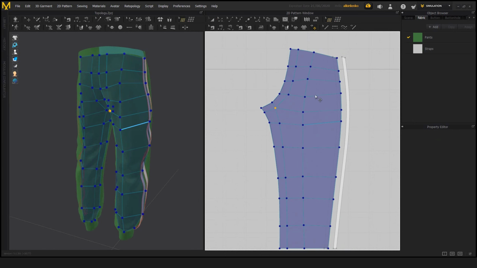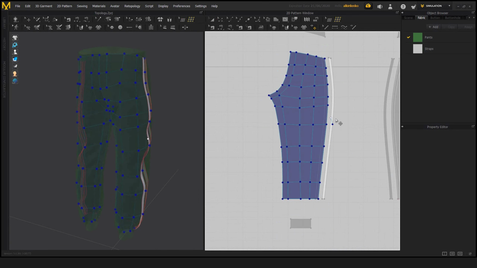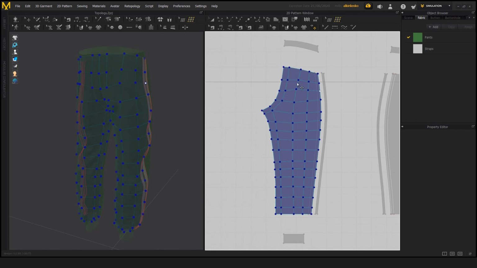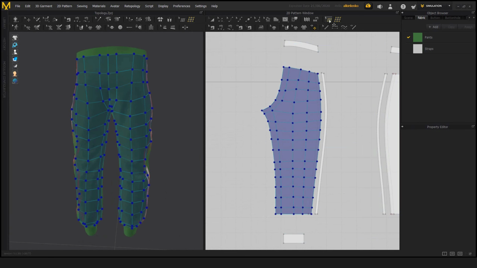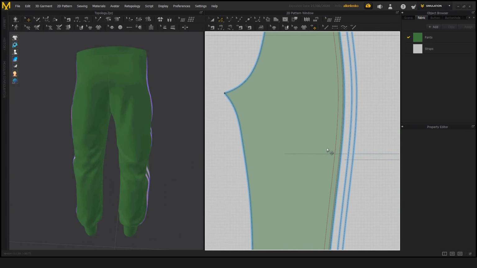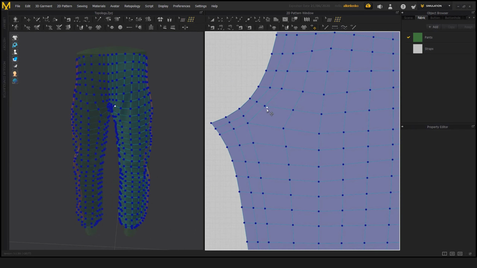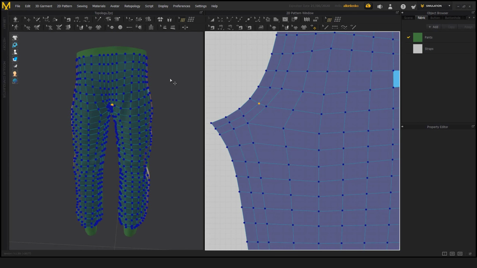I need to, of course, subdivide it a few more times so I get equally spaced out quads, and I will simply right click, add another division, and this is more or less what I would consider a perfect topology. So if we look in here,